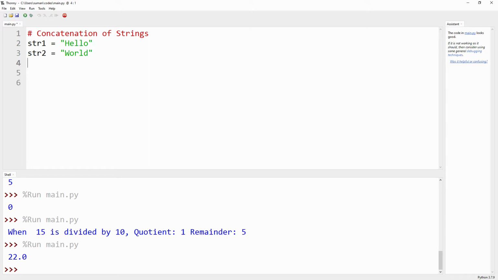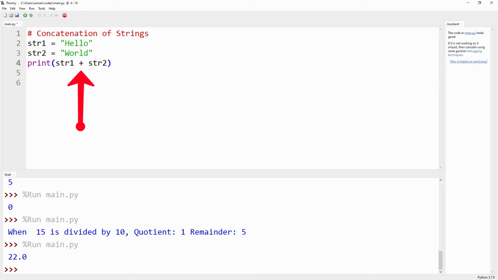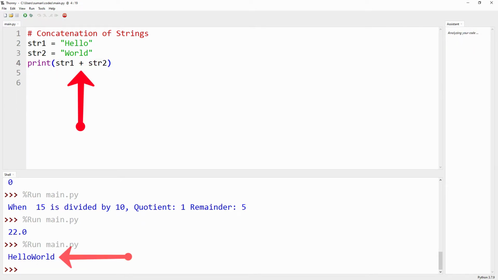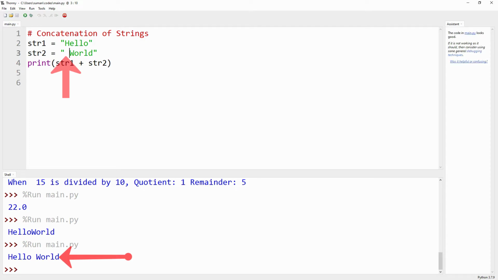So if we print str1 plus str2, we are getting the result as hello world, but here no space is there. So we are using a blank space here, and if we want to get the result, then we are getting hello world.